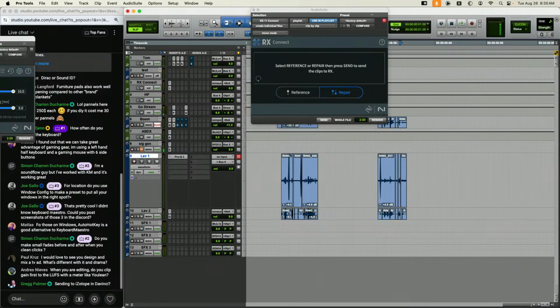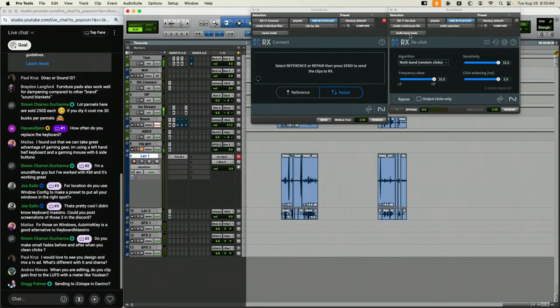I would say Izotope is my most used tool. It's the equivalent of an impact wrench for a mechanic. It's in my hand all day. Or a hammer for a carpenter, this is my hammer. So these are the two Audio Suite plugins I use in Pro Tools,